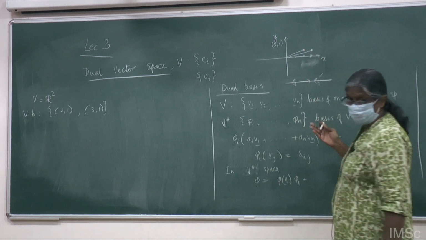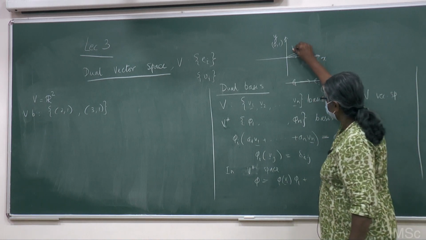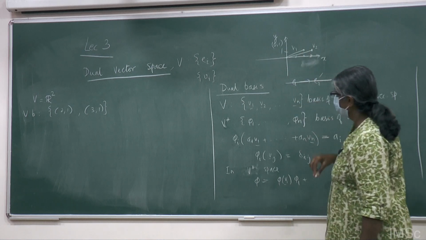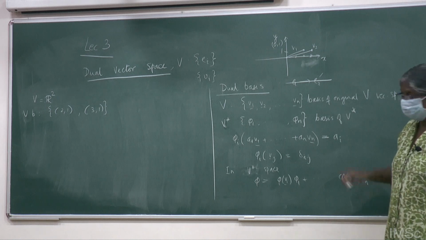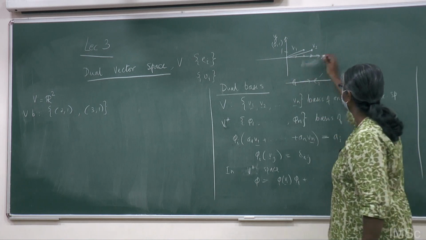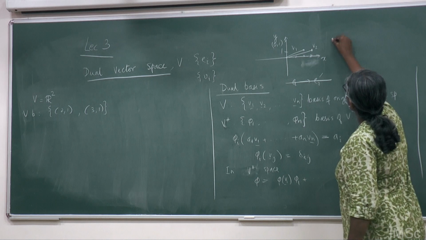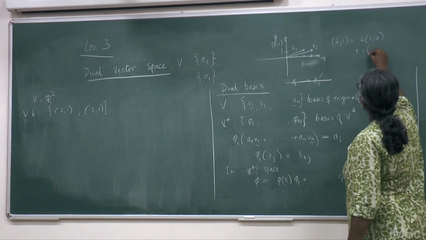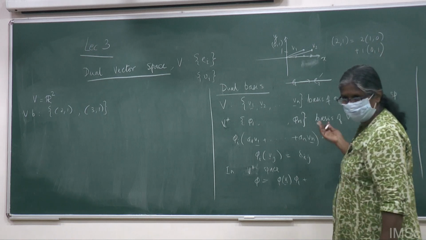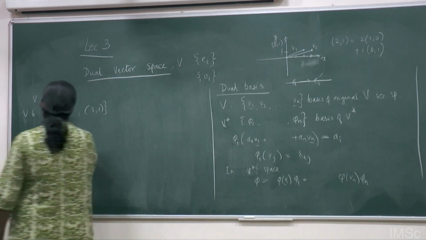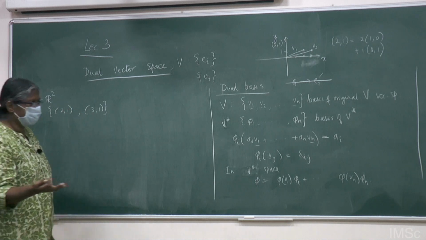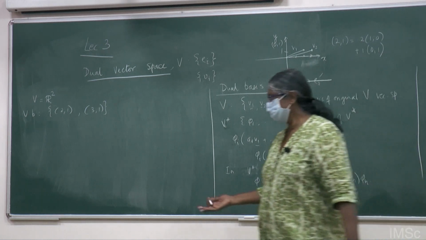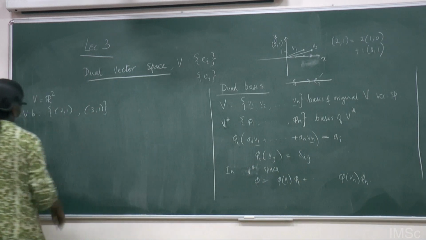So this is what I call V1 and V2. V1 and V2 are (2, 1) and (3, 1), which I can write in terms of the unit vectors. So what is (2, 1)? It will be 2 times the x vector (1, 0) plus 1 times the y vector (0, 1). Right? This is clear? So this is of course a good enough vector set in 2 dimensions to span this 2-dimensional space. So this is a perfectly good basis set.